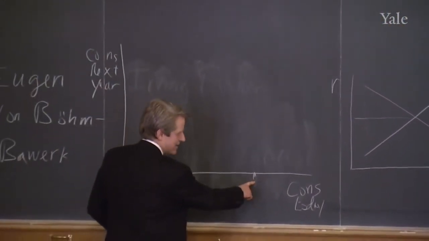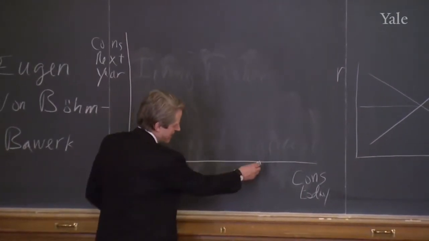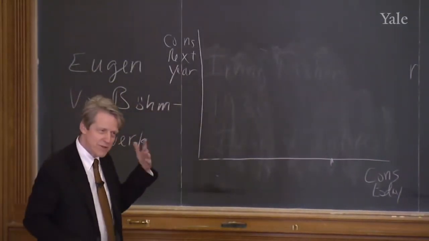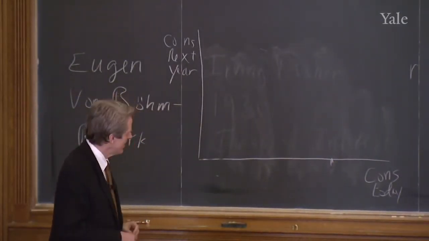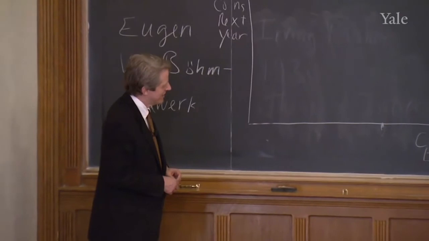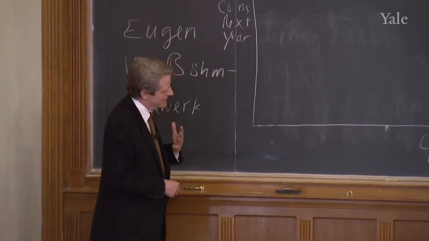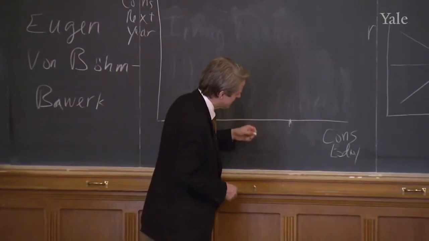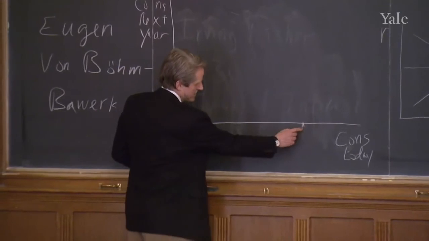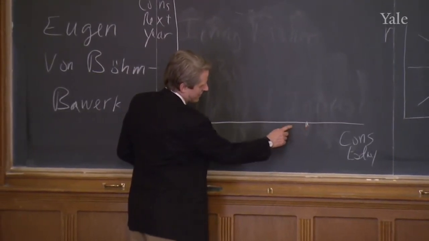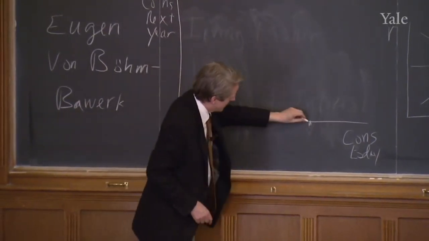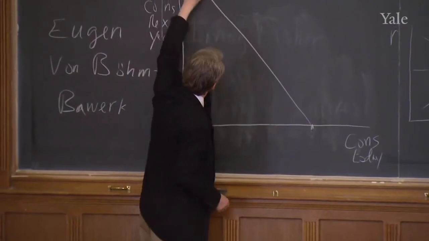So that is his endowment of grain. And that's the maximum he could eat. But if he eats it all, there won't be any grain to plant for next year. So he'd better not eat it all, or he'll starve next year. Now, with a simple linear production technology, he can choose to set aside a certain amount of grain, which is the difference between what he has and what he's consuming. And then that will produce grain next period. So I'm going to draw a straight line. That's supposed to be a straight